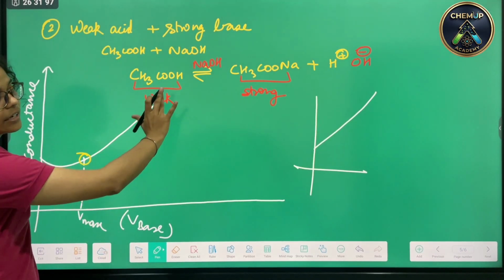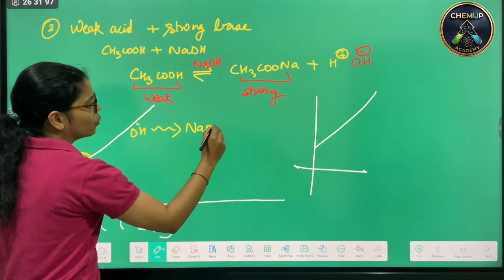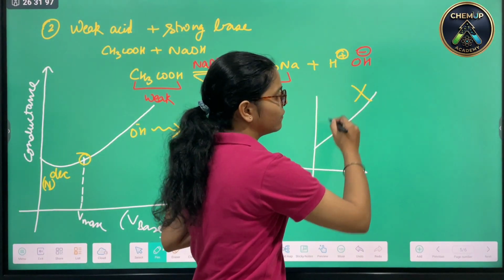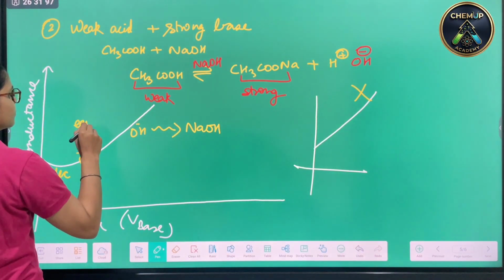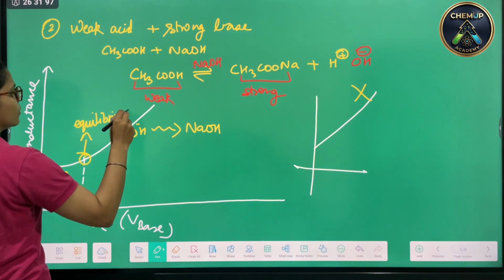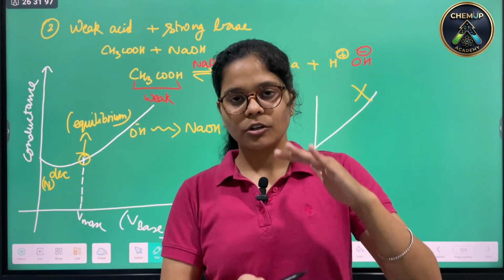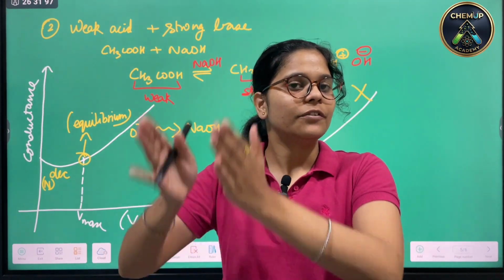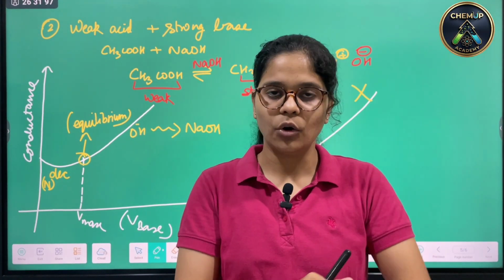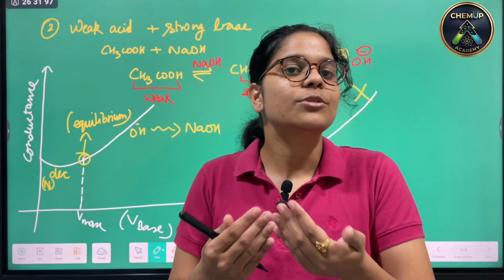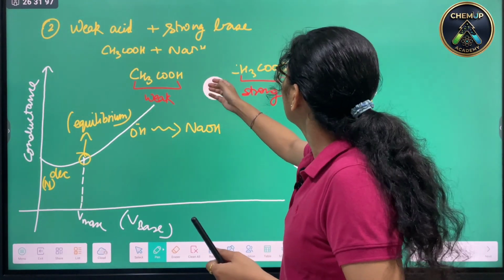then we can see the increase in the graph. The increase in the graph is because of the OH ions that have been released from the NaOH. So we do not obtain a graph like this, but a graph like this is obtained. This is at the equilibrium point. Let's see it again. In the burette, we are having weak acid. Sorry, in the conical flask, we are having weak acid, and in the burette, we are having NaOH. To neutralize the weak acid, we are adding NaOH. Now, due to that neutralization, whatever conductance was being produced,